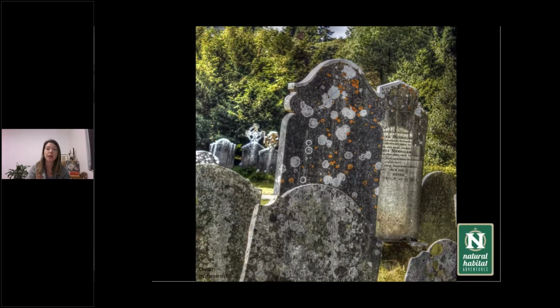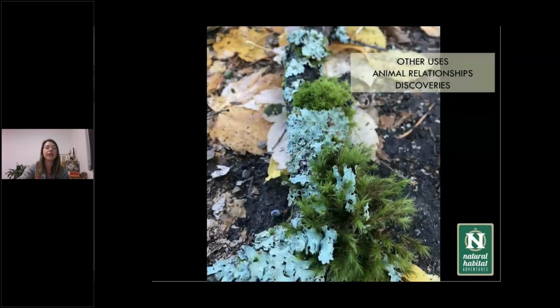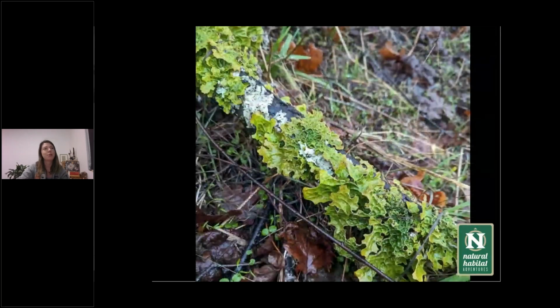So it does help us in a lot of different applications. Some of the other uses that we have for our lichens and some discoveries that we've had. I just wanted to point out this beautiful lichen because I clearly thought it was cool enough to stop and take a photo when I was out for a walk. This is Lobaria